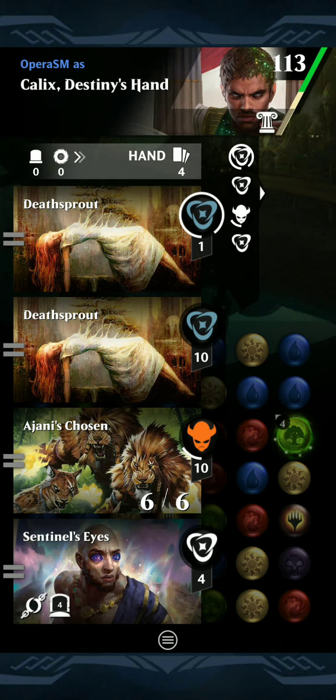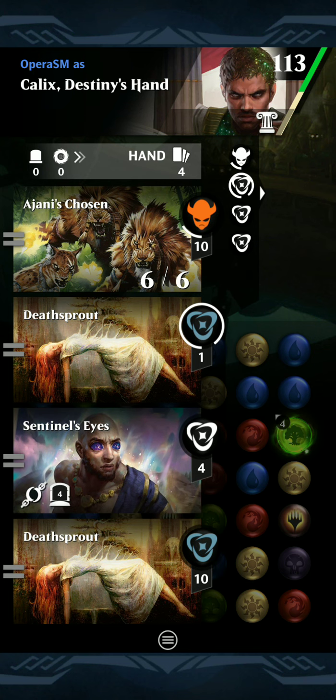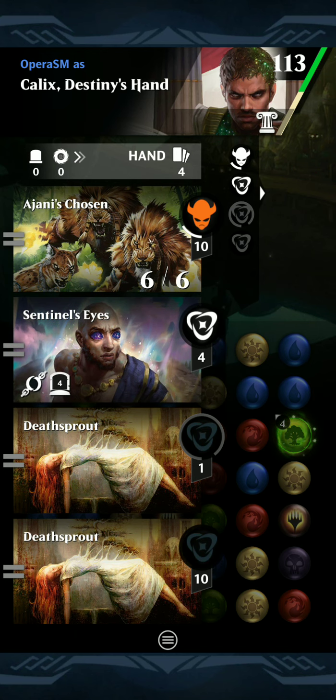Great, so we've got that creature coming up, which is wonderful. And I have a Death Sprout in hand, which can give us something as well. So Sentinel's Eye. I'm going to save it because if possible, what we want to do is cast a